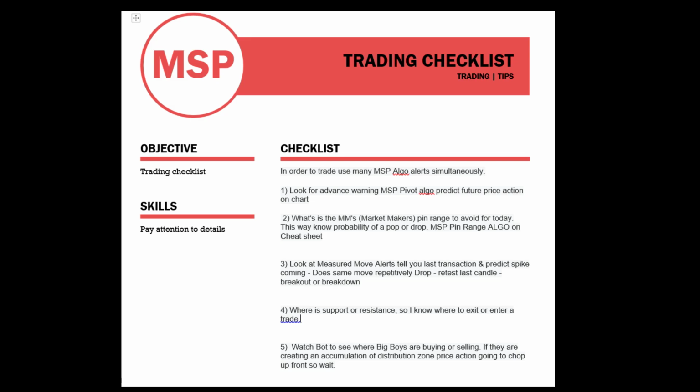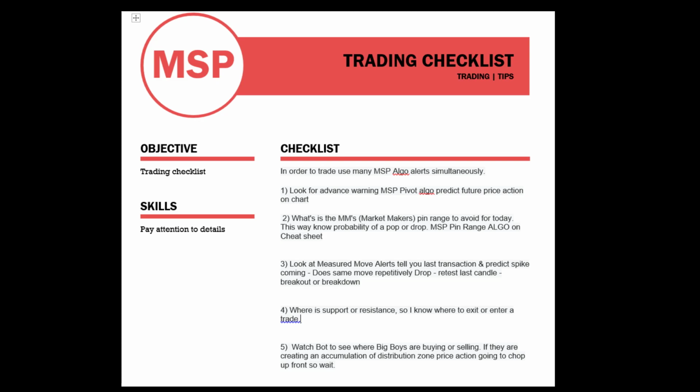Today we're going to talk about how to trade using a trading list, an MSP trading list, with tips and tricks on how to take a trade. Once you get used to these steps, you could modify it on your own, but it is always good to have a checklist. So the objective is a trading checklist, and the skill required is paying attention to